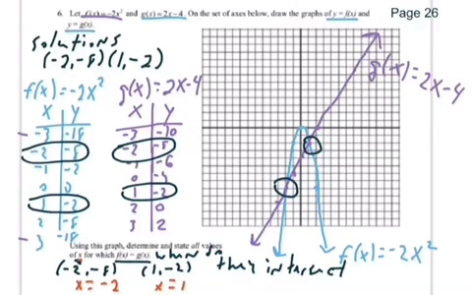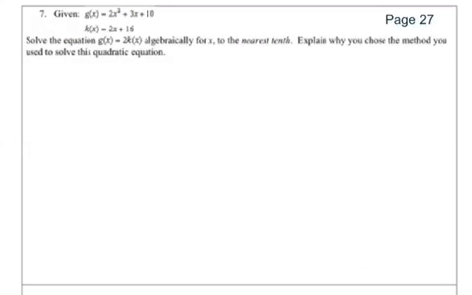Go on to page 27. On page 27, question number 7, this is